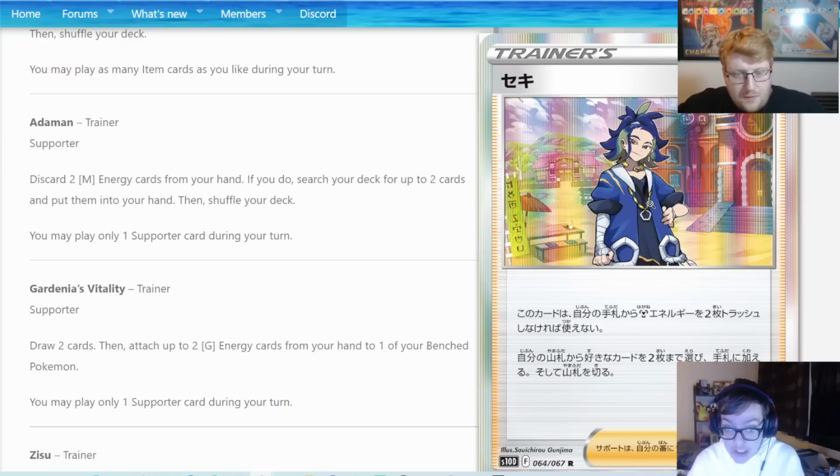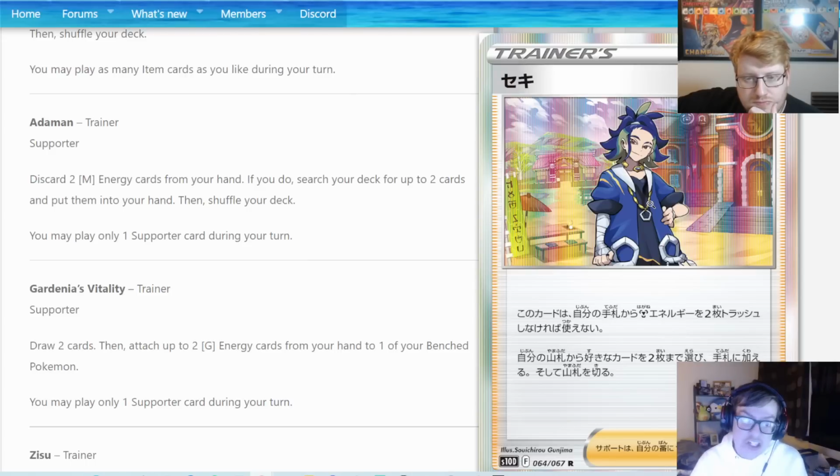Being able to search for any 2 cards is very, very strong. We've seen that that kind of effect is very powerful. And being able to do it on a supporter, which means you can do it on multiple turns, is obviously great. Having to discard 2 metal energy is a bit of a downside. Actually, discarding metal energy can be